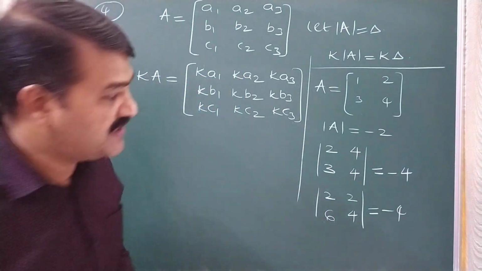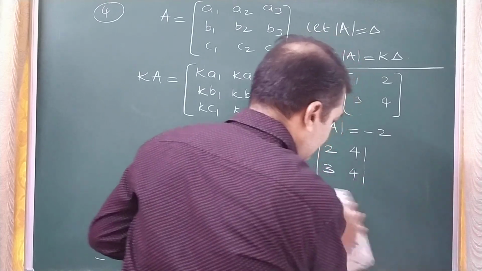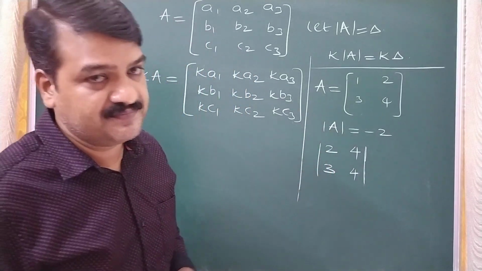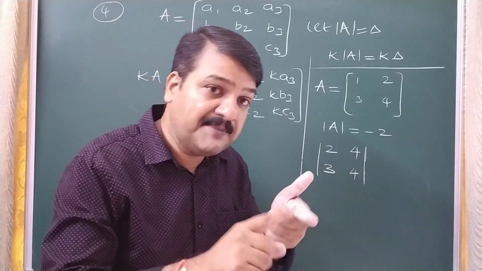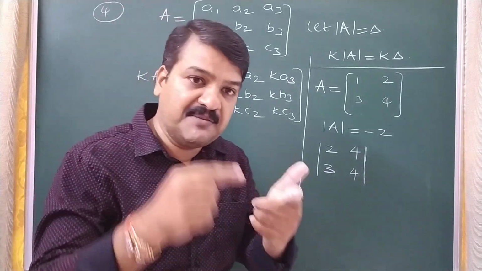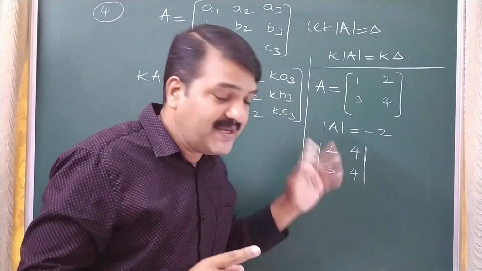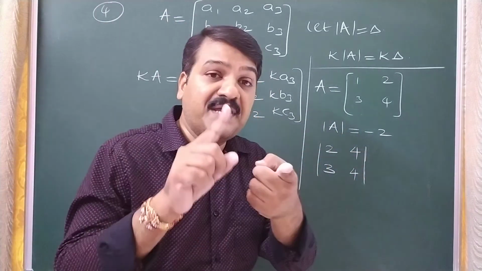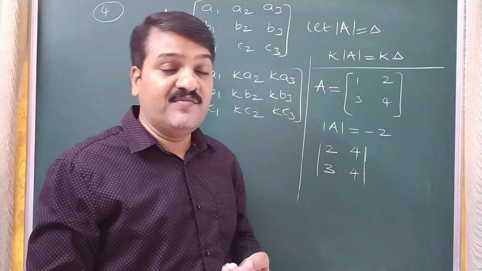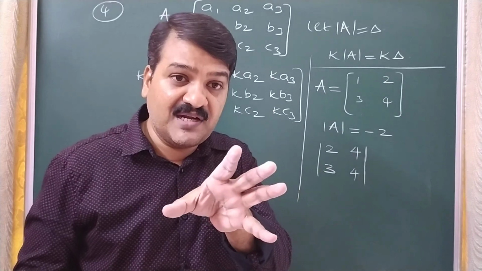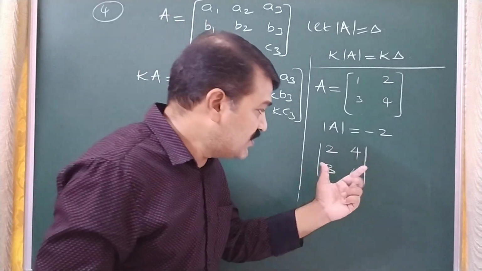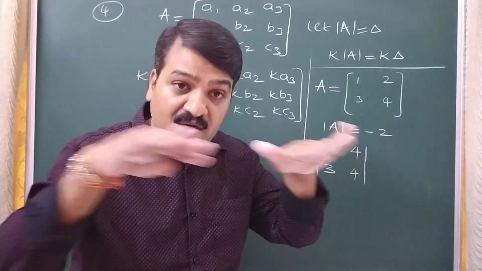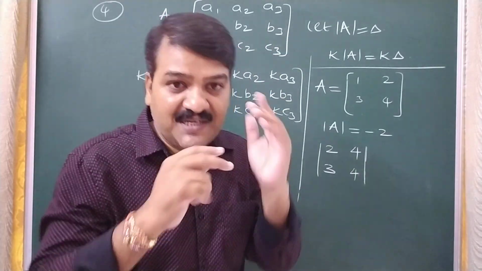Okay. So one more property I will try to extract from this. See. So if you want to multiply a determinant with a constant, you will multiply to any row or column. Same like that, if you want to take common from a determinant, you have to take common from any one row or column only. If you want to take common from a matrix, you will take common from all elements. But if you want to take anything common from a determinant, you have to take common from any one row particularly or any one column particularly.